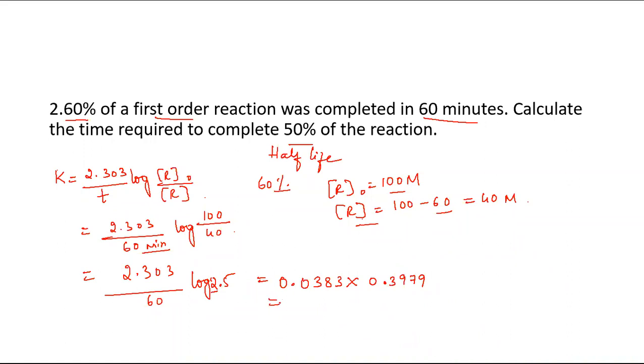Therefore this is the value and the final answer is 0.01527. Since time is given in minutes here, K comes as per minute. Power of